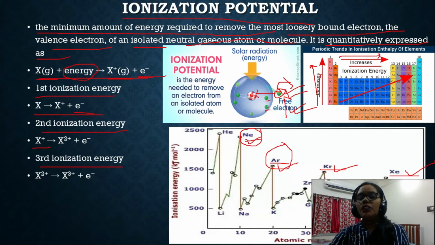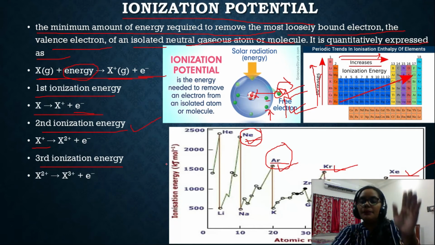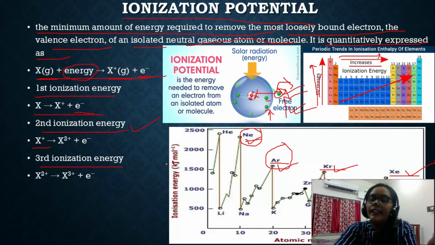Okay, this electron we want to remove from the outermost orbital again. So what will happen? For that also we have to give some energy. This much energy is called the second ionization energy. That means for removal of the second electron, whatever energy we have to give is called the second ionization energy. So again from this X plus element, we have to remove one more electron, so that will become X plus 2, and one electron will be released.